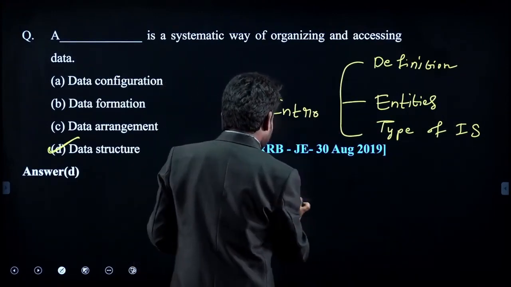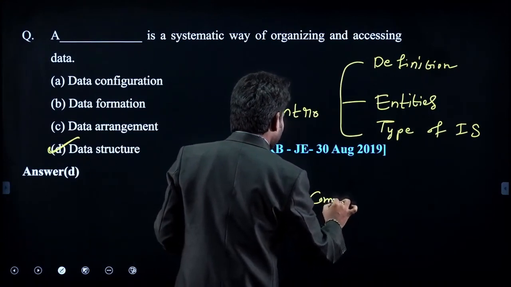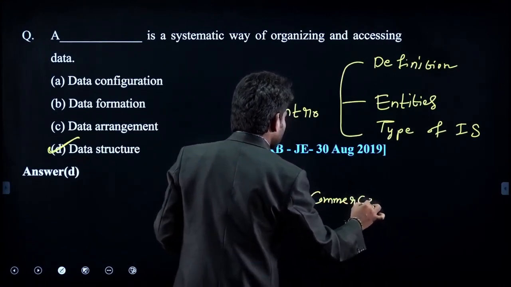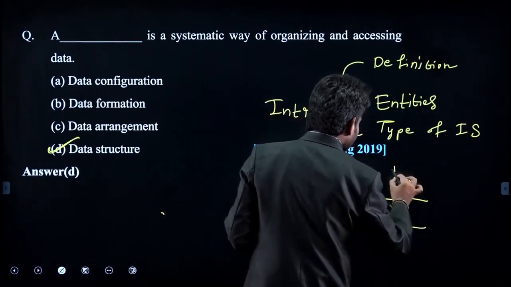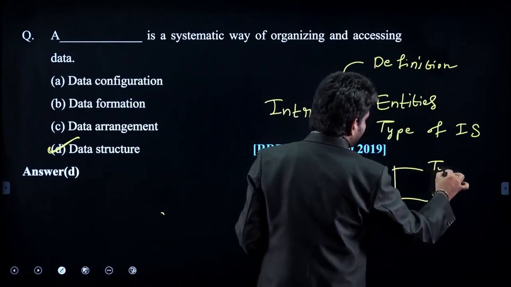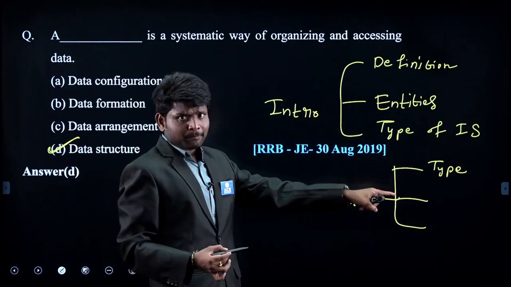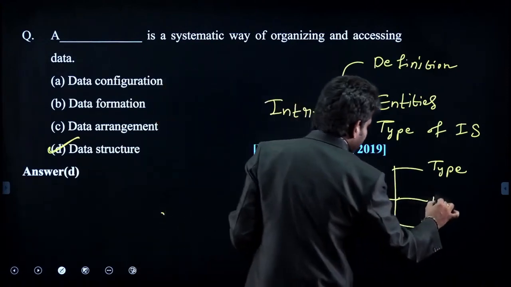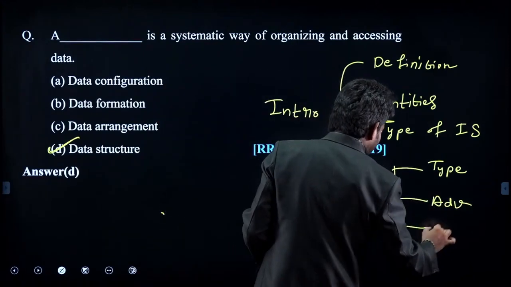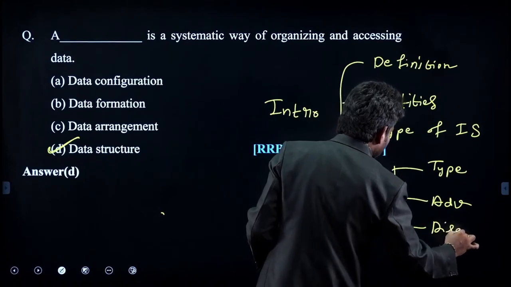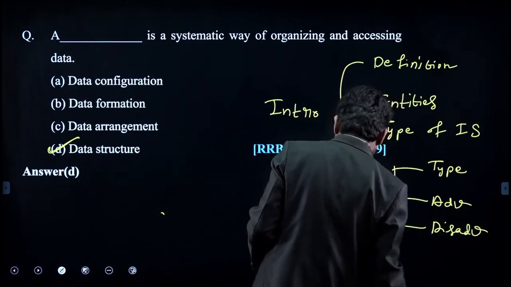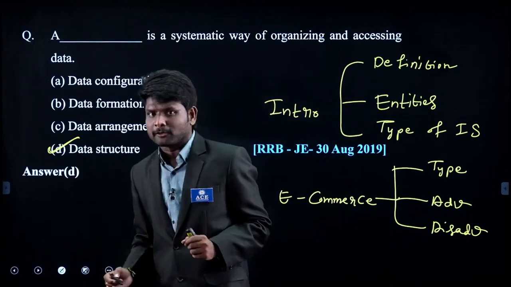And if you remember, in the e-commerce part, after exploring these questions, we understood these things. There are different types of e-commerce, B2B, B2C, like this. What are the different types of e-commerce and what are the advantages of e-commerce? And we may be interested in disadvantages also, because if they ask questions from advantages this year, next year they may ask questions from disadvantages also.